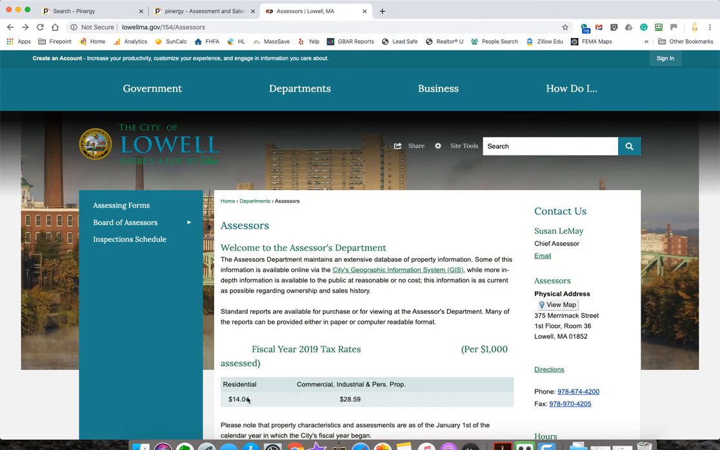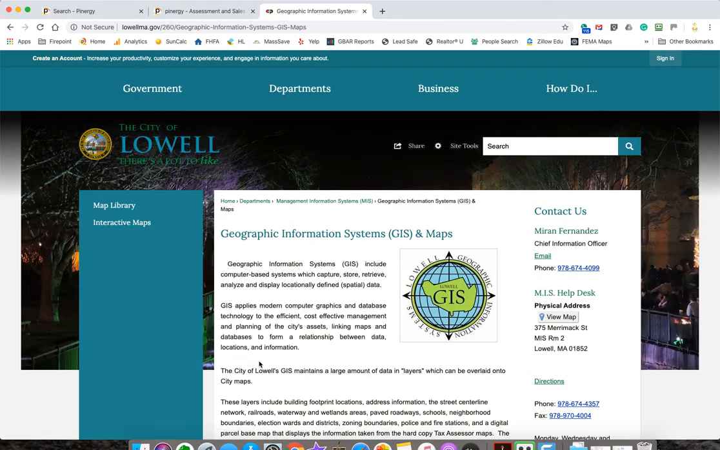The other thing that we'll see on the website is the taxes. Now, when a property closes, there's a good chance that it will be reassessed in the following year. So your buyer should know that there's a chance that the annual tax rate may change. Not the rate, but the